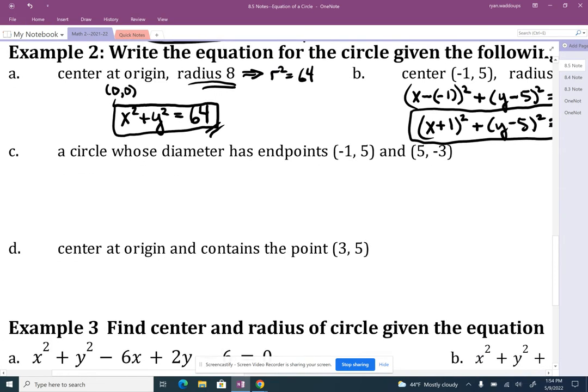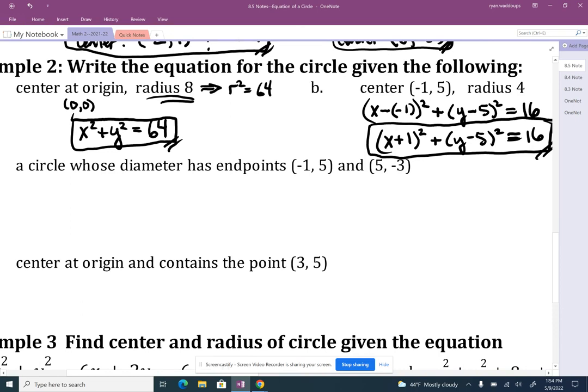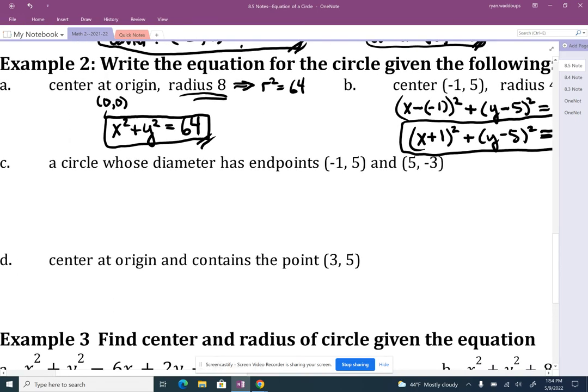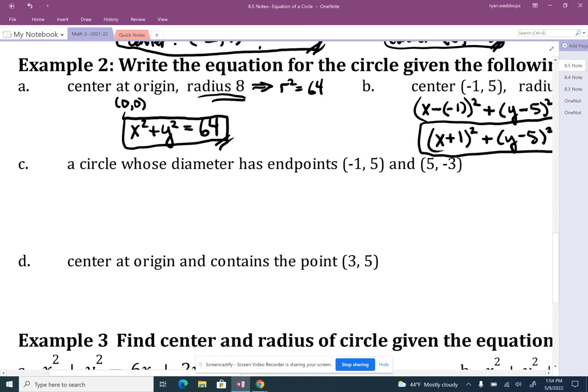And then we have a circle whose diameter has endpoints -1, 5 and 5, -3. So we need to figure out how long the diameter is, because the diameter is equal to 2 times the radius, or if you will, the radius is equal to the diameter divided by 2. But we first need to know how long is the diameter. So this is where we use the distance formula. The distance is equal to the square root of